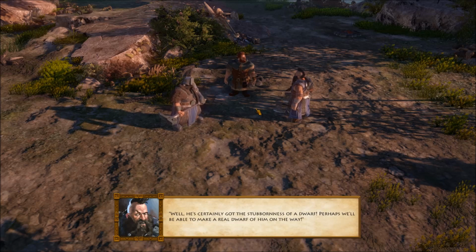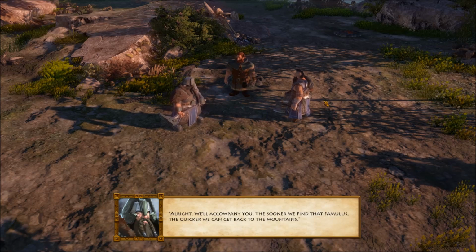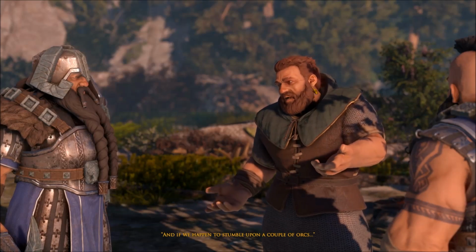Well, he's certainly got the stubbornness of a dwarf. Perhaps we'll be able to make a real dwarf of him on the way. Yeah. All right, we'll accompany you. The sooner we find that famulus, the quicker we can get back to the mountains. I'll have to send Lot-Yonan a message by carrier pigeon on the way. And if we happen to stumble upon a couple of orcs...